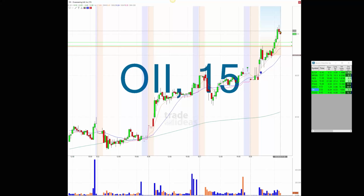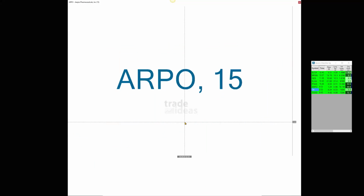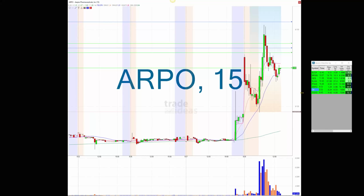And then the other one that I took this morning was from the watch list, ARPO. So this had obviously some news after hours yesterday. That's the move area right there. Just trying to see if I have it written down. It's a virus play. Yes, it is a virus play. So it had some action after hours yesterday. Big move up this morning. And then it looked like that was it. Probably that was it. Let's take a look at it on